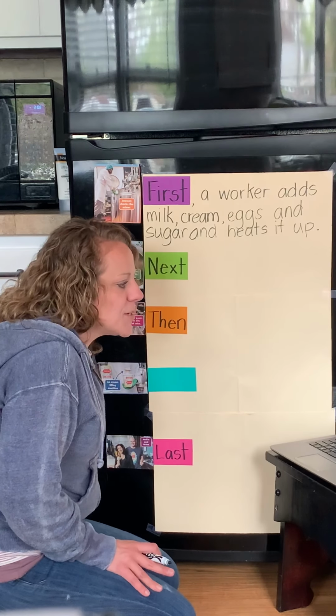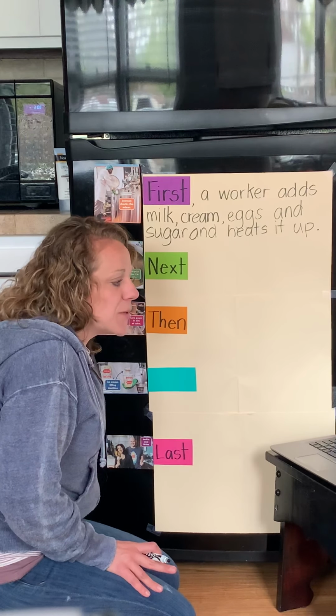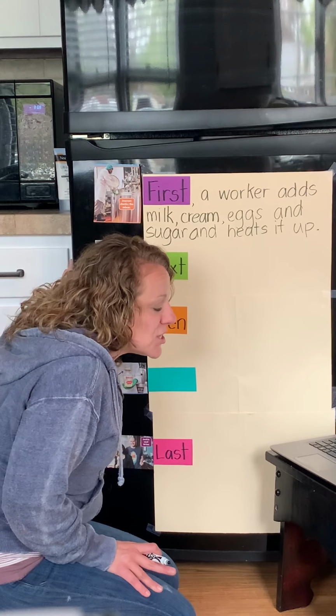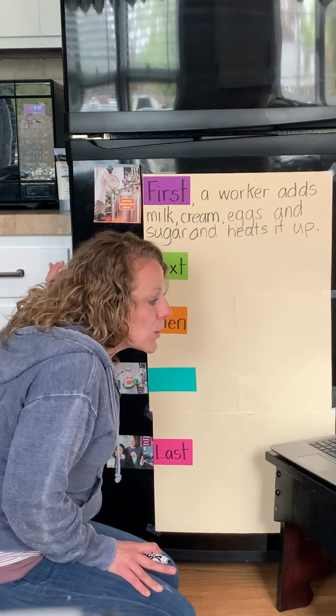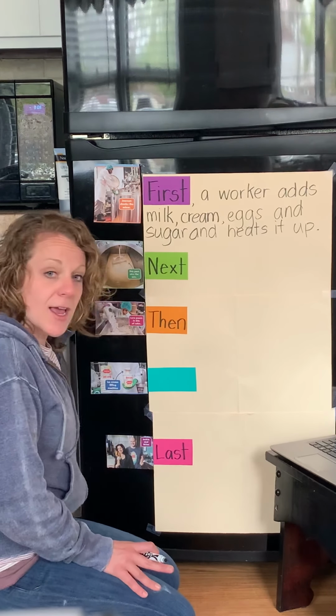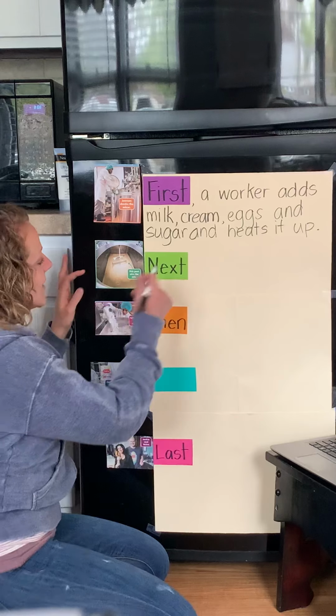All right, so the next part says, stir it, cool it. Ice cream is not supposed to be hot, so the mix has to be cooled down. It goes into the ice cream maker. The machine stirs ice cream more and cools it down. Now the mix is only about 20 degrees Fahrenheit. So I'm going to say next,